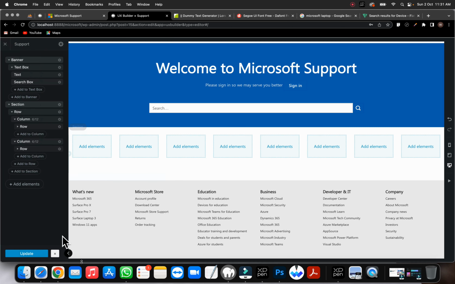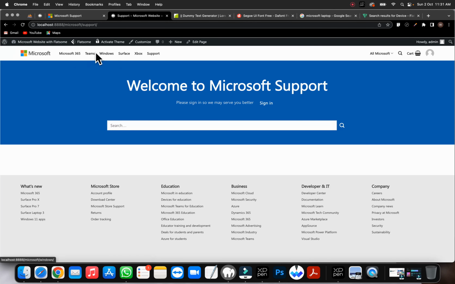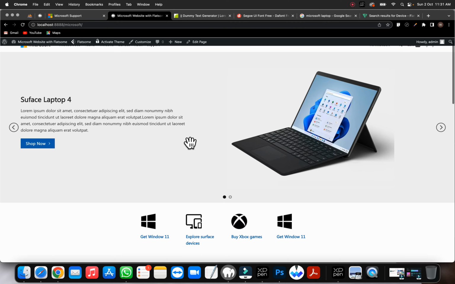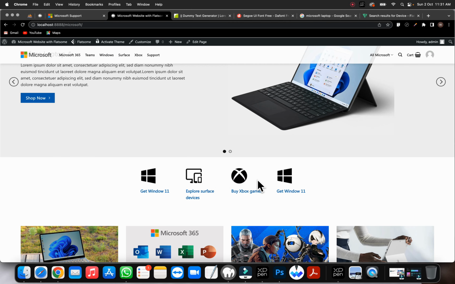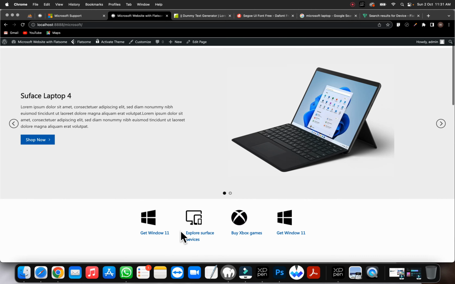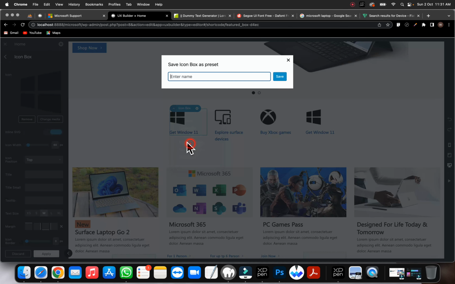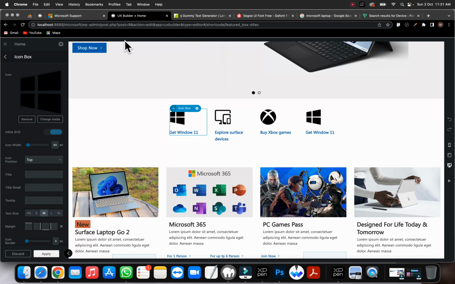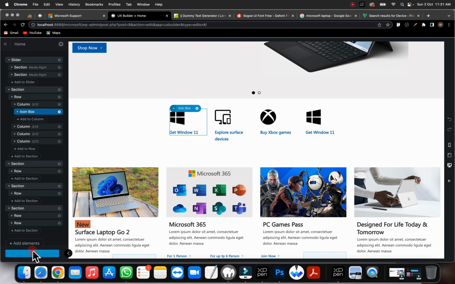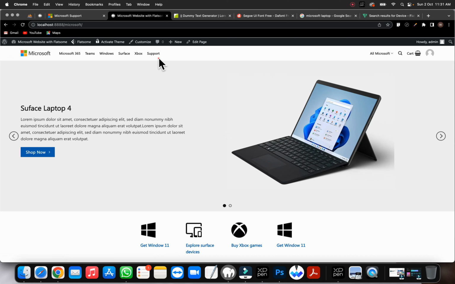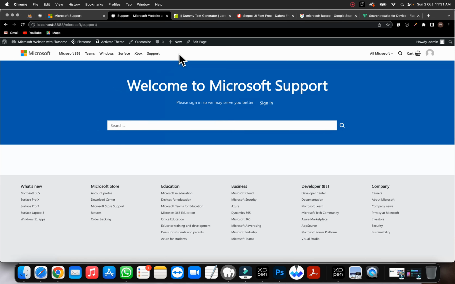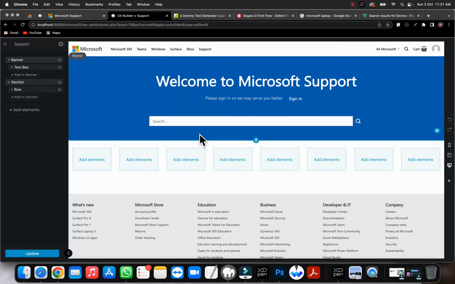So instead of typing in icon box again like we did the last time, I'll go back to my home page, and I'll simply save this as a preset so I can use it on the other page. I'll go to edit with UX Builder, go over here, icon. I'll save as preset. I'll save this icon box like that. Save, and then I'll publish, update, close, go back to support page, and in this page edit with UX Builder,